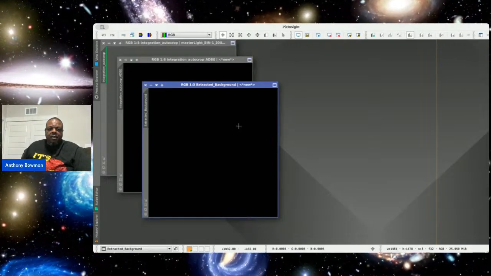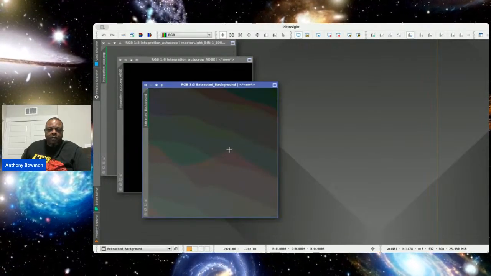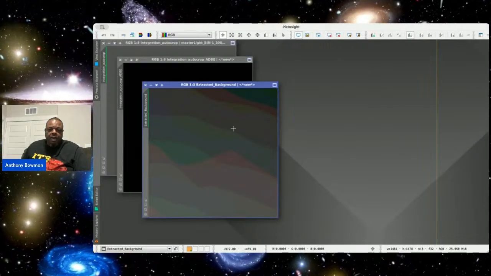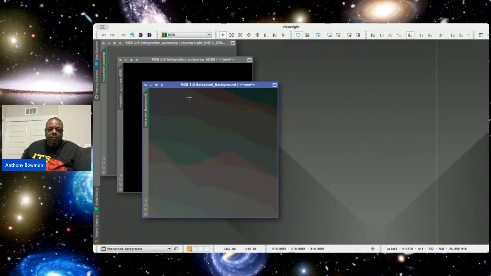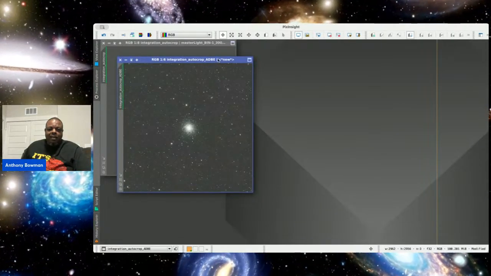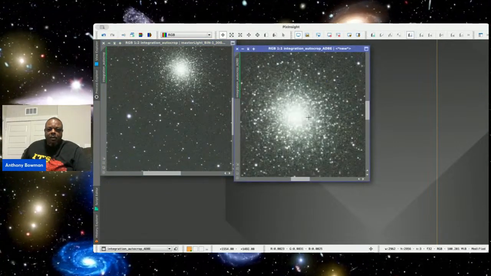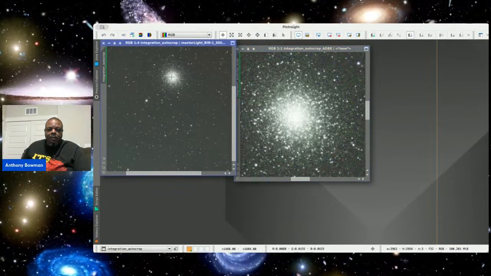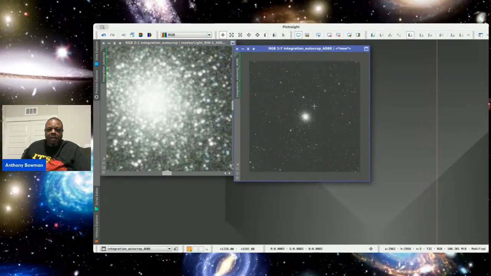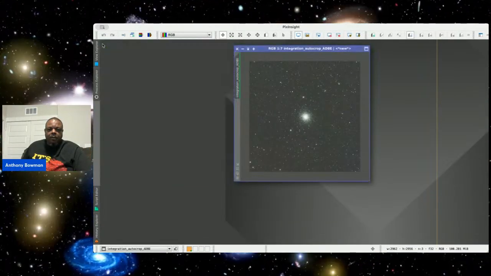It makes it look a little better and removes a lot of gradient. This frame here will show you what was removed. So this is all that was removed from that original picture, all these different colors, which makes it look really weird. And now you see it's a cleaner image. We done cleaned it up a little bit. You can see the background darkened up a little bit. So we can get rid of this one.